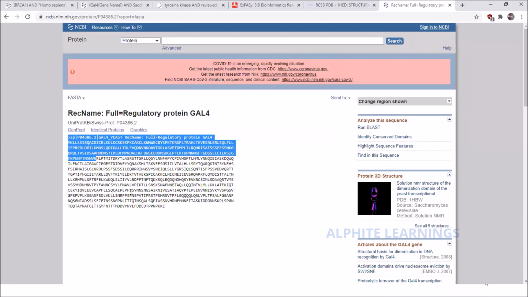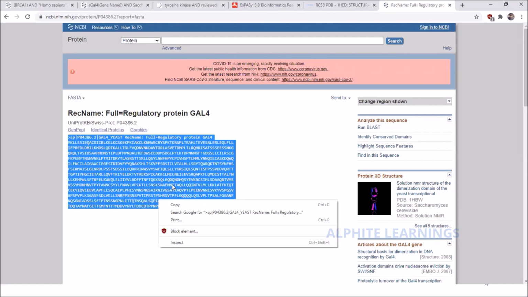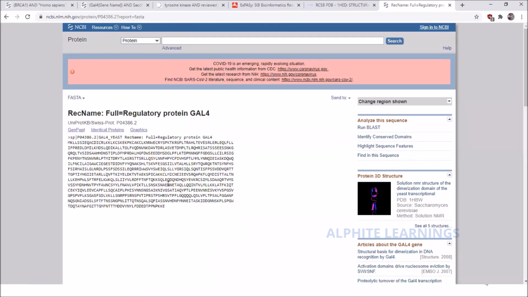So now the FASTA file format can be directly copied and pasted in a notepad, and again you can save it with the file format .fasta. So that will serve the purpose. And moving on,